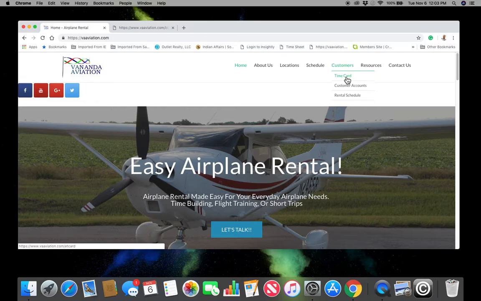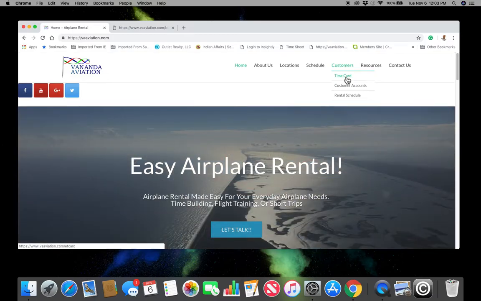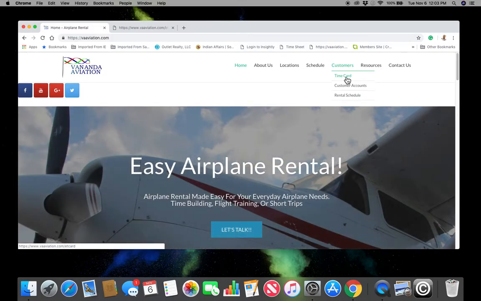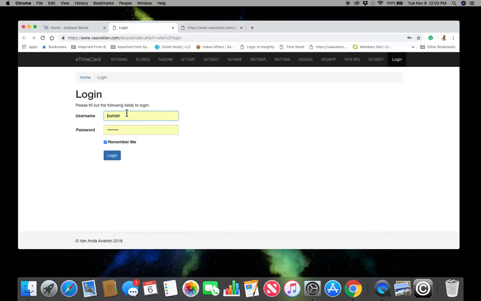the time card system. Now, whenever you get in and out of an airplane, you'll be doing the time card system. We do not recommend that you do the time card system from the FBO, but we do recommend that people do the time card from their telephone. And this way, if it saves the password, it's not nearly as big of a deal. So let's go, John Doe,